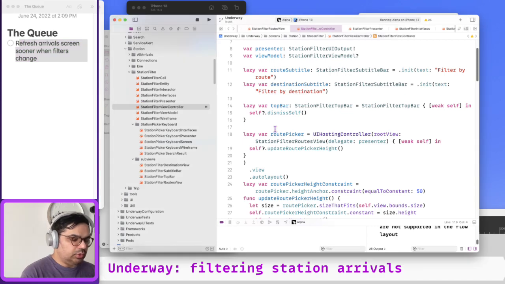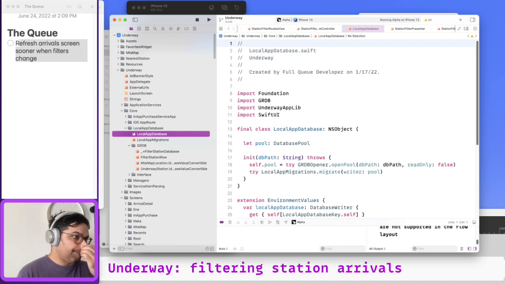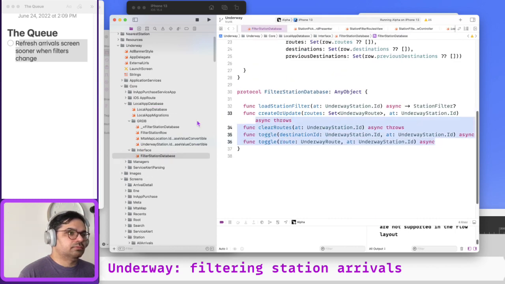Okay, so refreshing the screen. Whenever we update the filters, we have a way to refresh the app. Whenever new data from the feed comes, we push out a notification saying, hey everybody, refresh yourself, there's new data. I wonder if we can do something similar when there are changes to the filters. Like whenever we call one of these methods,